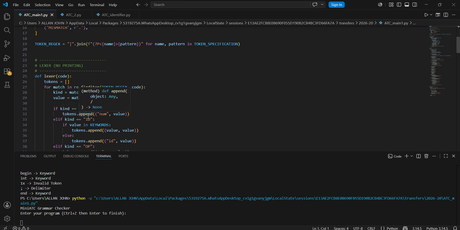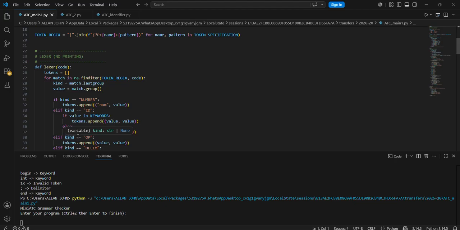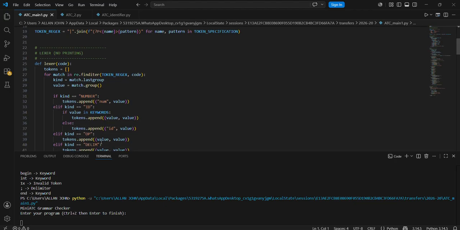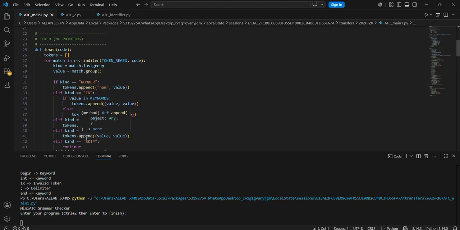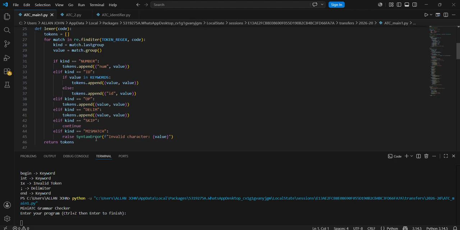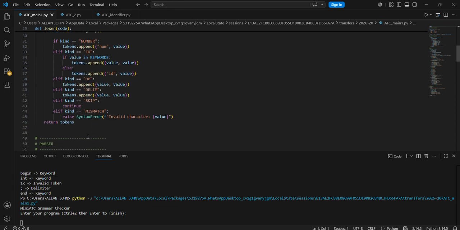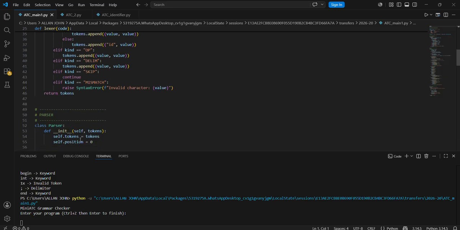tokens dot append, and then elif kind is op, operator, it stores the operator, and then it stores a number. And tokens dot append means it shows a delimiter. Tokens dot append means it skips the new lines, and then it identifies any invalid characters, and then return tokens, which returns the complete token list. And then parser,